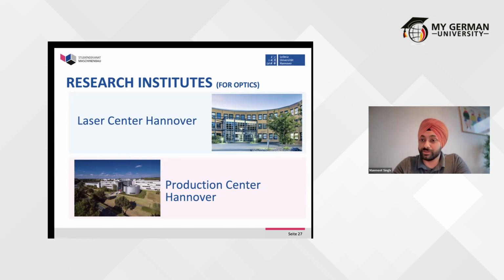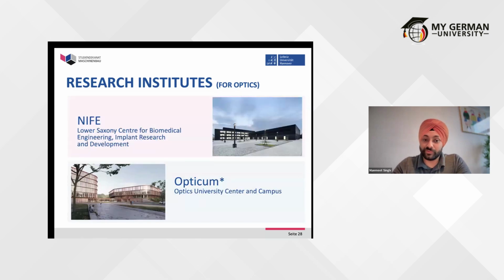We have cooperations with companies like Trumpf, one of the leading companies when it comes to lasers in the field of production. Then we have our own production center where 21 different institutes sit and work on different topics, from robotics to production. For example, there is an institute doing a project together with the laser center and the production center to find out how to do 3D printing on the moon. These are topics which we do together with the DLR, the German space agency, with whom we have a number of projects going on.